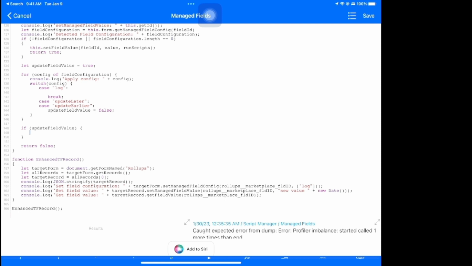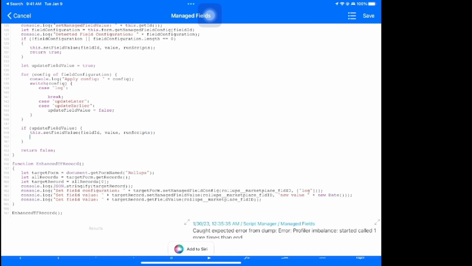Let's do this. Then we need to do dot set field value. Okay, so if we're doing just a logging operation, we don't need to, you know what, we're gonna have to